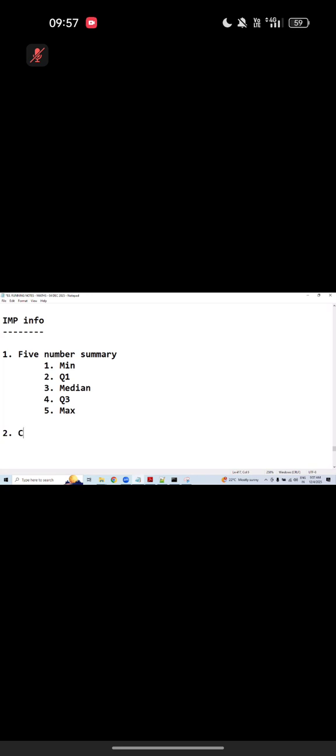Create what exactly? Create a box plot. We can create a box plot by using the five number summary. When I'm talking about the box plot, what is the first one? Whiskers. The horizontal lines are called whiskers. The next one, which I just covered, is IQR, the interquartile range. What is the formula? Q3 minus